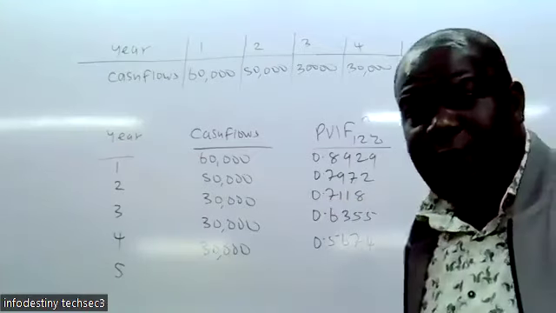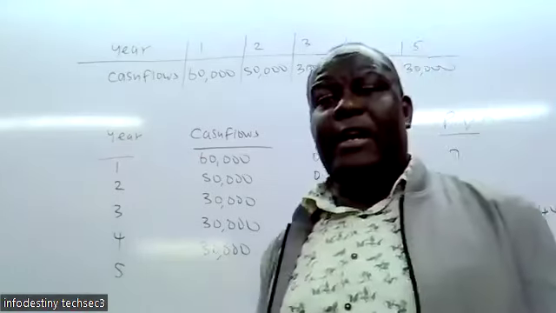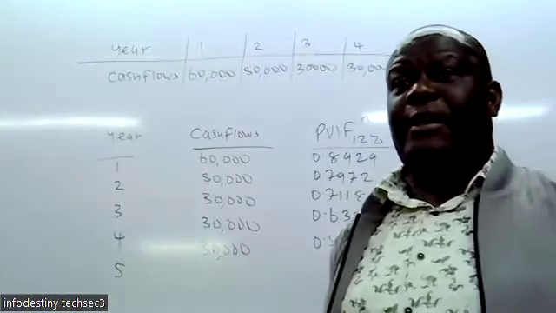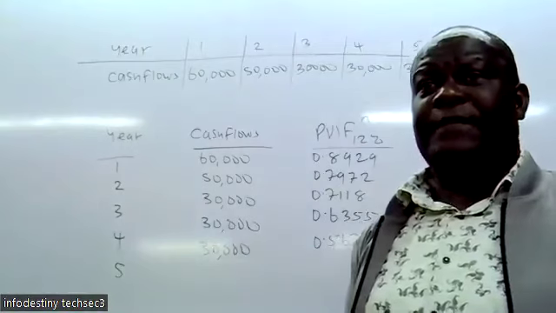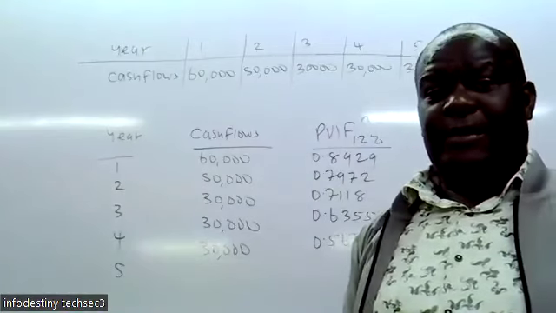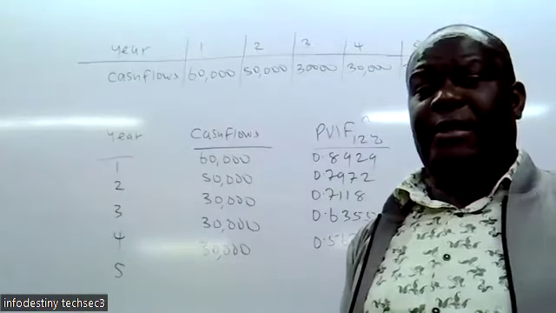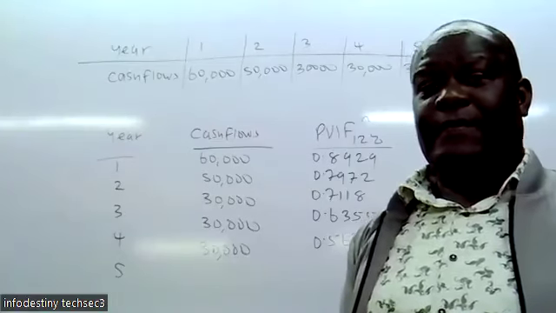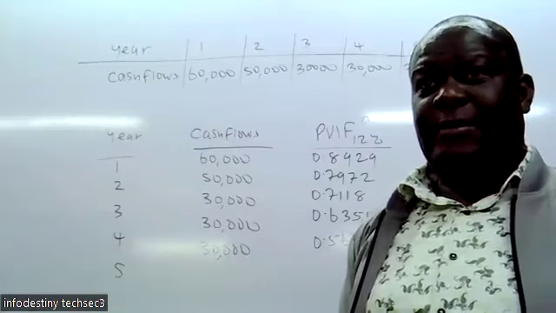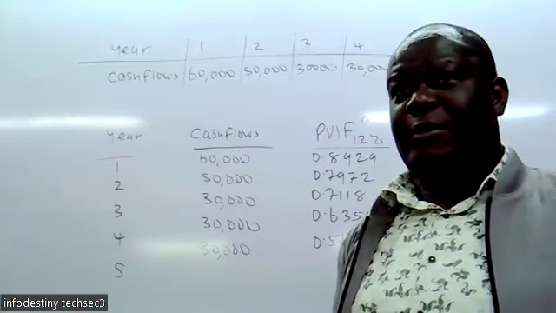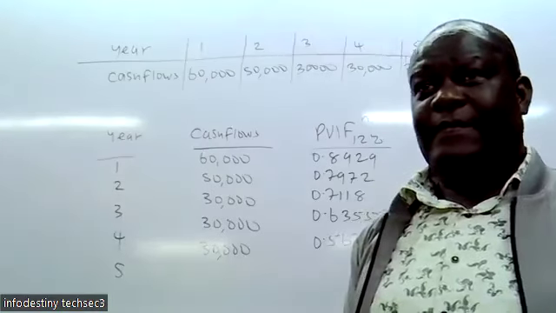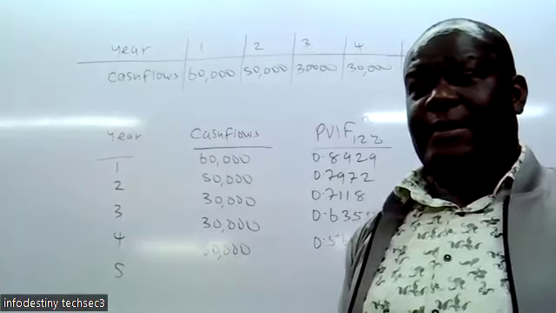Then compare that figure against the one in the annuity table in year 3. So I hope you can see that they are the same. Is it the same as the one in the annuity table? There is a difference of